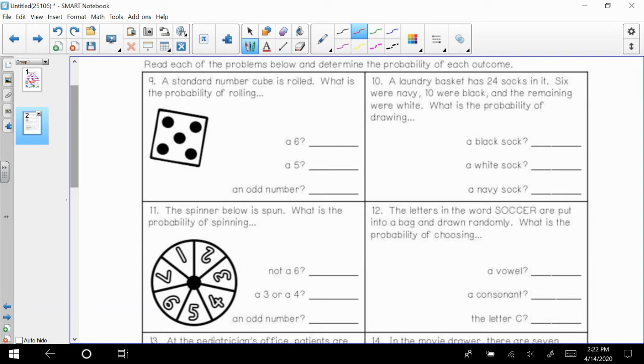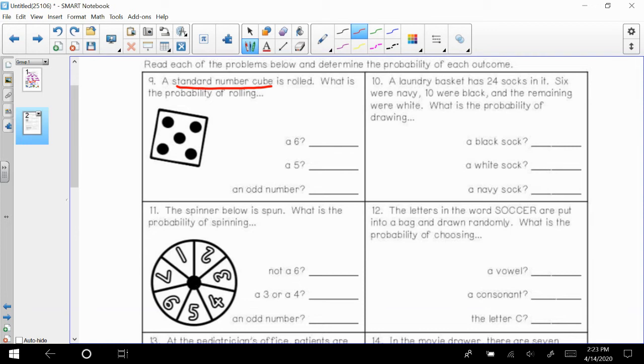So number 9 is talking about a standard number cube. A standard number cube is just a die, like you're rolling a die like you would in a board game. They have to say standard number cube because when you're rolling a dice, you could have many different dice out there. If you're playing the game Categories, there's 26 sides to that die. So when they write questions, they try to be as specific as possible by telling you it's a standard number cube, meaning a 6-sided die where all 6 sides have the same probability of being landed on.